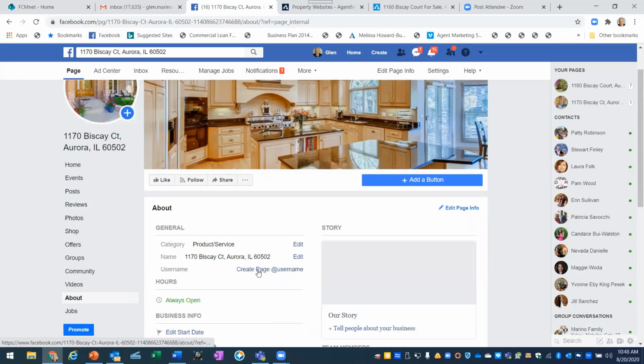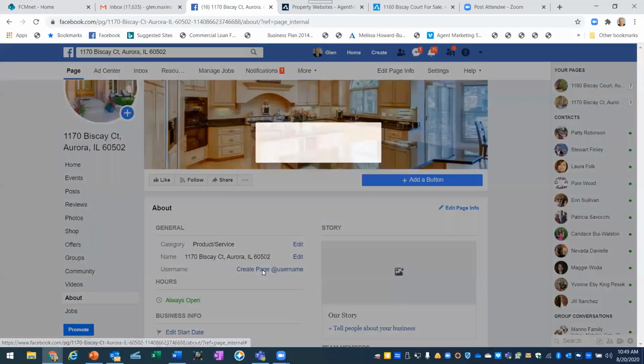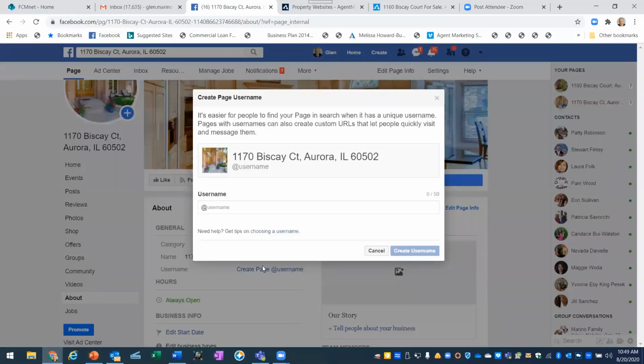And then do you see where it says Create the Page at Username? Well, I'm going to click it. And it's going to say, okay, 1170 Biscay Court, at username, what username do you want? And I want to put in, there can be no spaces. So